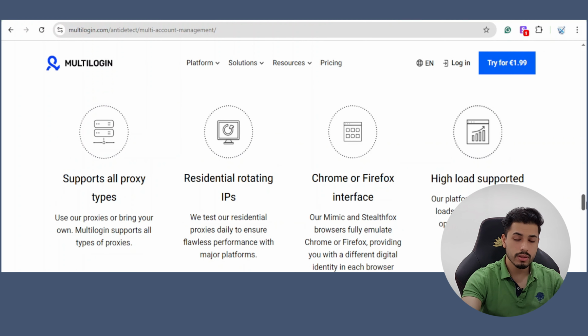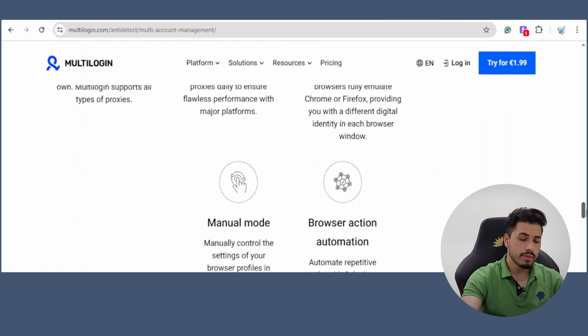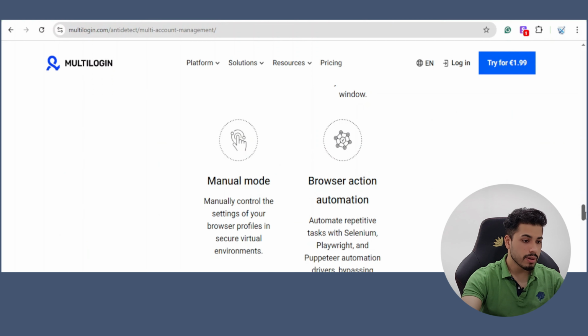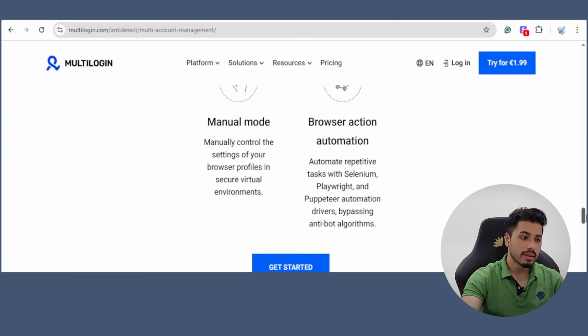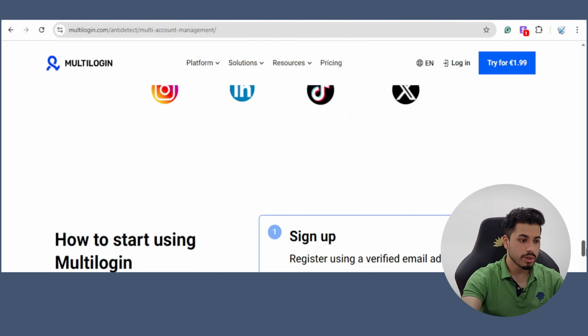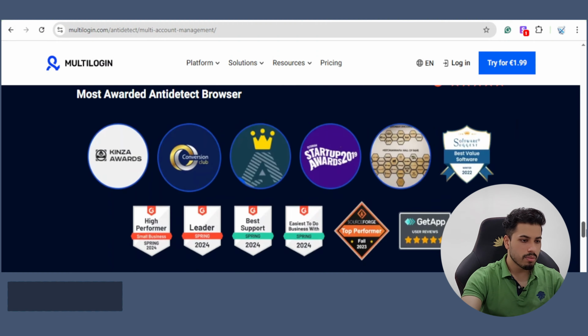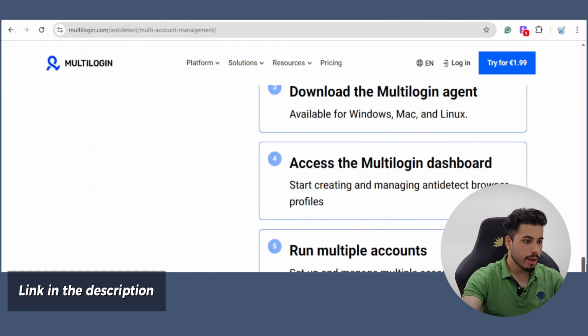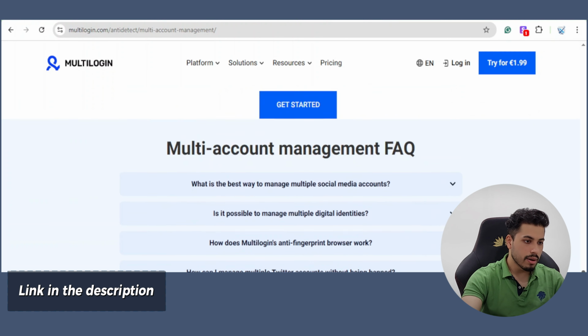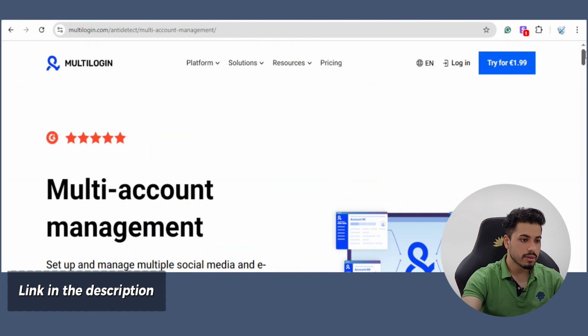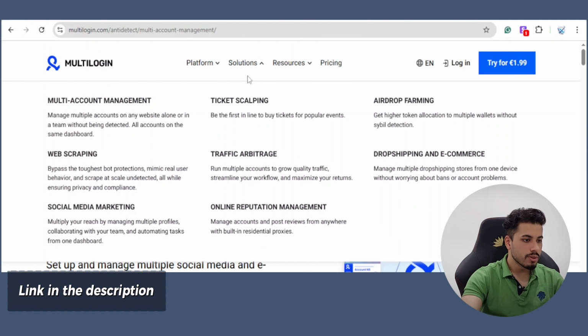The Chrome and Firefox interface is very useful because many of us around the globe work on those browsers. And then there is manual mode, browser action automation, and a trusted, vaulted company, so we can rely on this platform. They have a great tool, so definitely you should check this out.